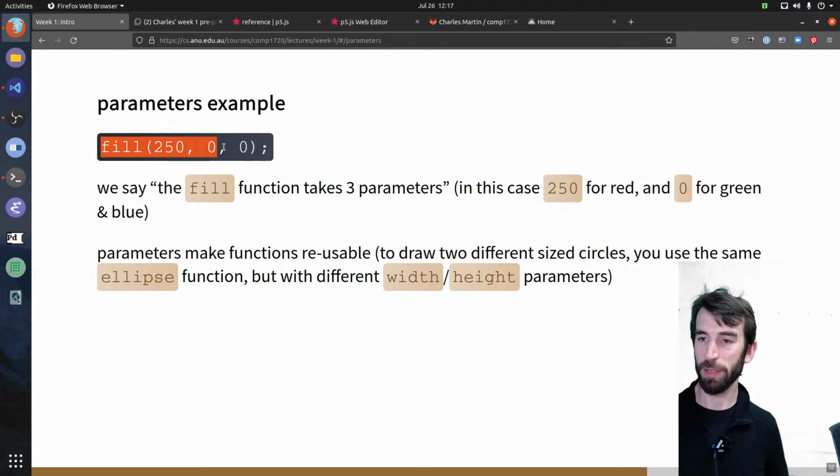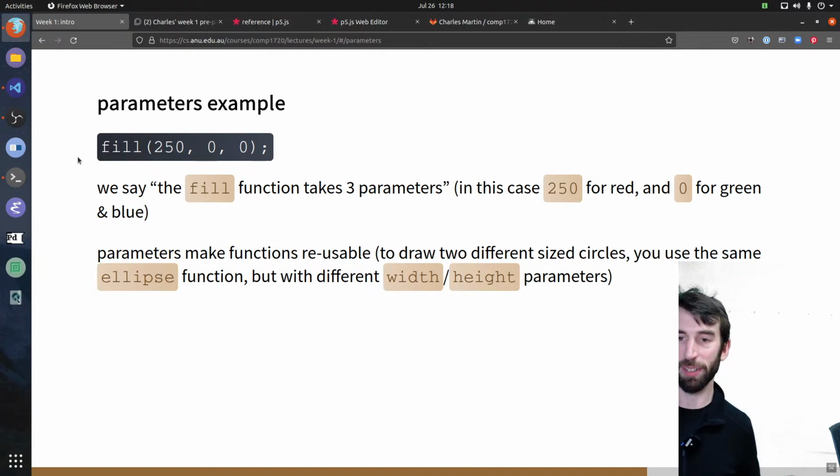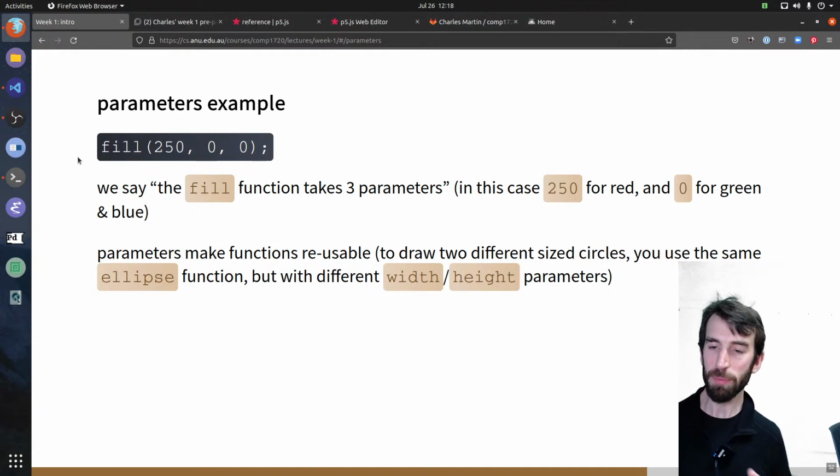So here we've got a function called fill, and the fill function is going to tell P5 what color we want to use to draw something, to draw the inside of an object, the fill color.